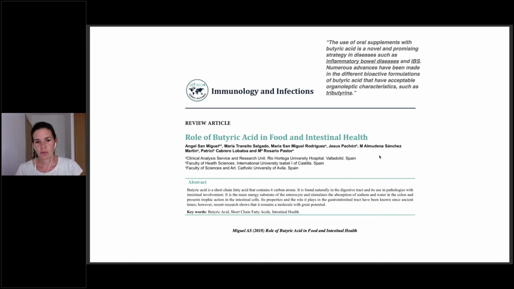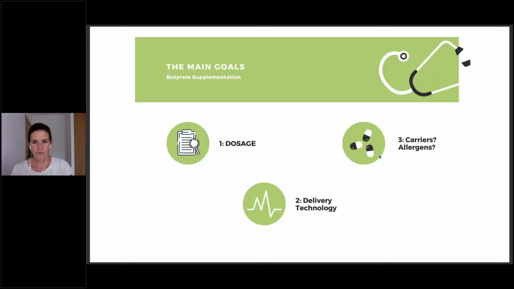So for the development of products, there are three very important things. One of them, obviously, is dosage: having a product with a daily dose that matches the purpose of the consumer. Secondly, it is very important that the product has a delivery technology. Why is that? Because